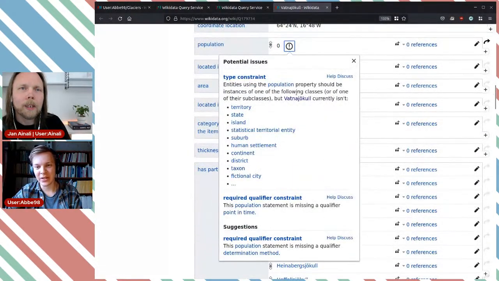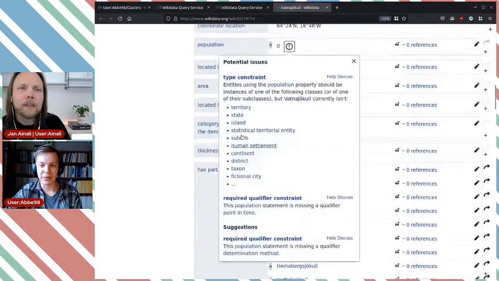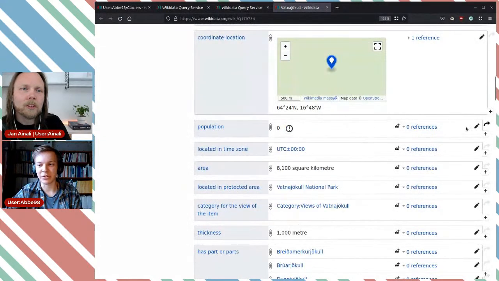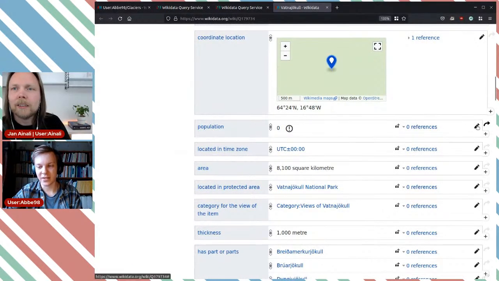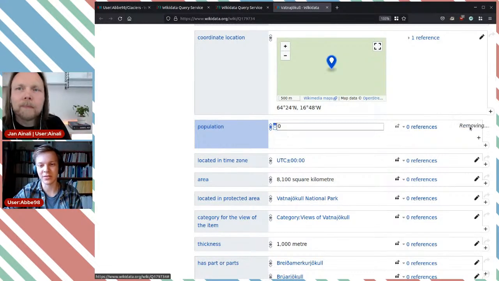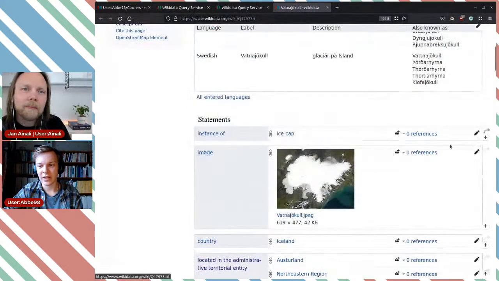Wait, why are we getting a type constraint? Yeah, we just don't use this on glaciers. I'm gonna remove zero on this. We can't put 0 on everything that doesn't have a population. That's the exact reason I'm thinking we can't. It makes sense on some items like Iceland, that was one example, but not on glaciers. And I wonder if I can actually have a better